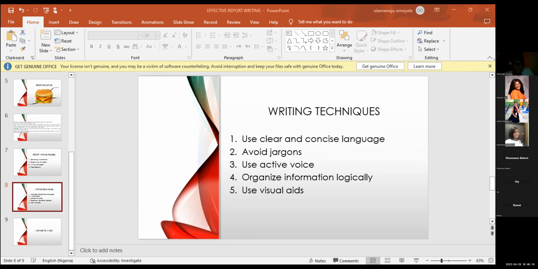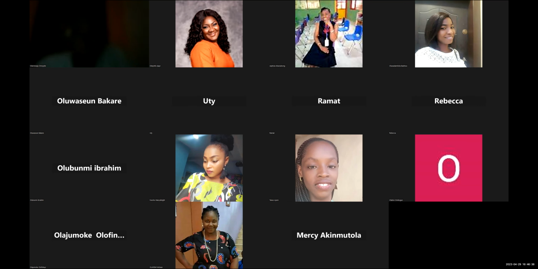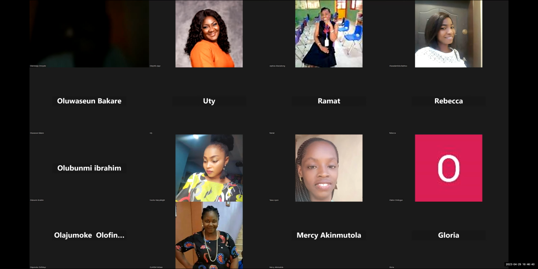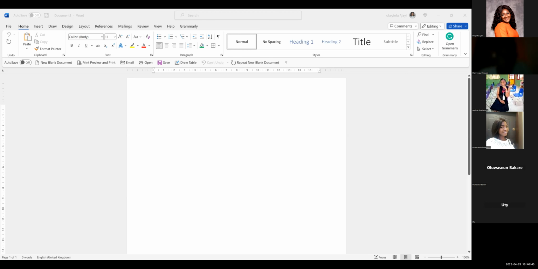That's why I like using Microsoft Word to create reports. When I've created a report, I would just go and search. Let me show you. Larry is sharing, but I will stop his share, and he will come back to it once he returns. There are some of you here who I'm sure are wondering about reports. The kind of reports that we write in my school, I don't like at all. There are many ways, and you can change your report.